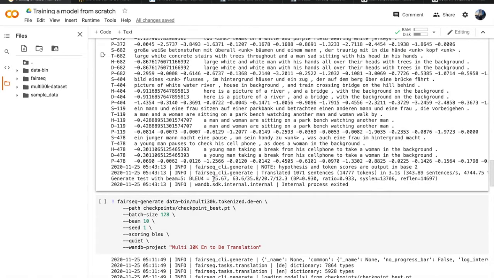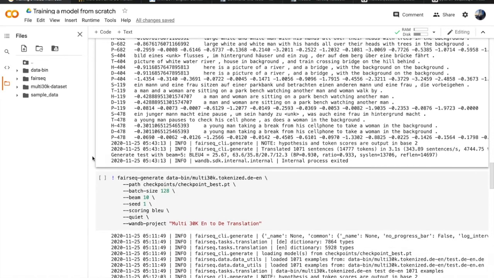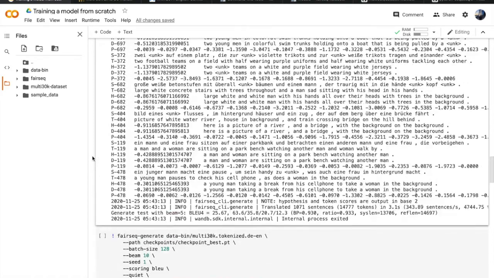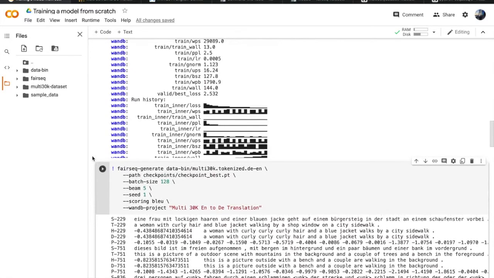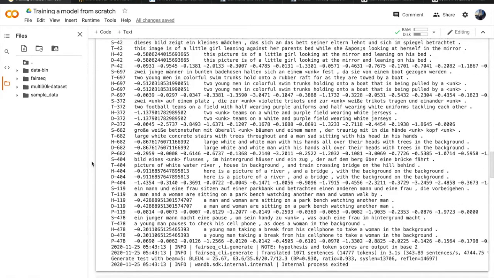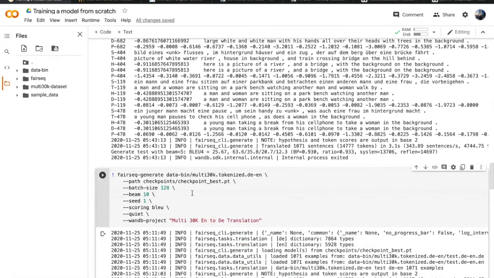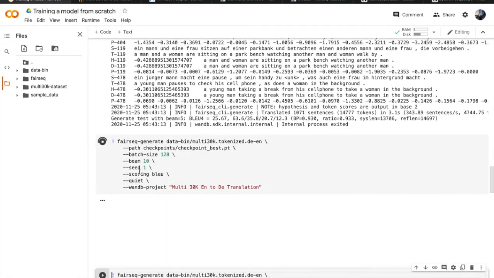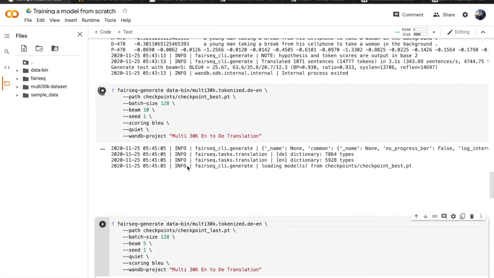This is a great takeaway: establish a baseline over your dataset and understand how it goes. We can improve the BLEU score further using a few more techniques. Beam search is a technique which is used during the decoding of the transformer model to generate a sentence. We used a beam size of 5, which is the default here, to get a 25.67 BLEU score. Let's increase the beam size to 10 to see how much the BLEU score would increase.